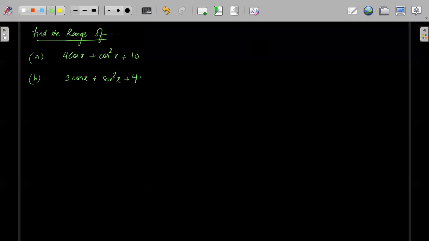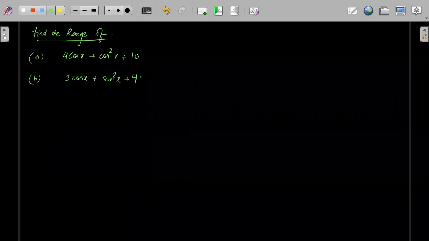All those who are new students, there were some new students who joined 2-3 days back. Are you able to understand? The new students who joined recently, are you able to understand what we are doing in this? Perfect, converting into a perfect square and the previous question. Yes, very good, Nitish. Very good.